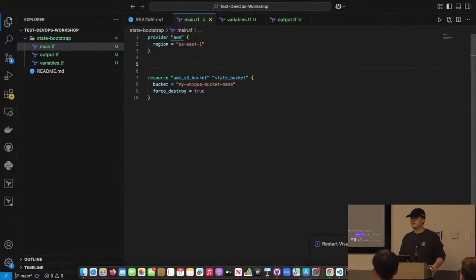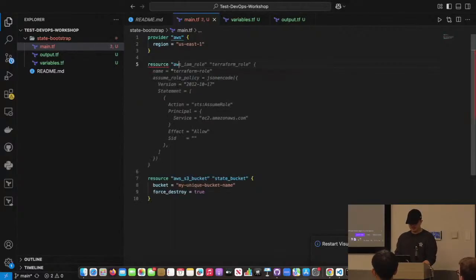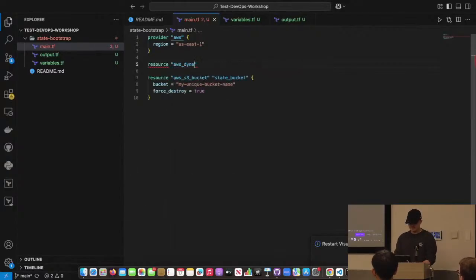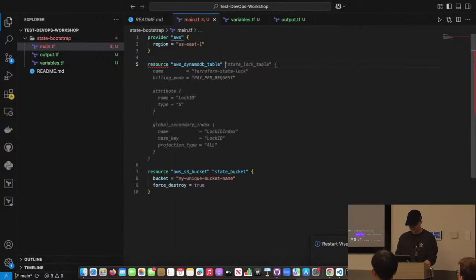So by managing a state file, or a lock file, you're basically able to say, hey, this Terraform lock is enabled, so nothing can affect it until it's done. And so for that resource, we are going to be creating an AWS DynamoDB table. And then we are going to name that just a state lock table.